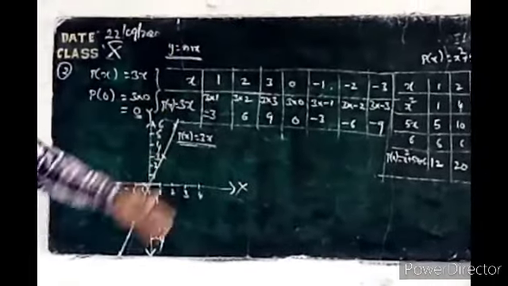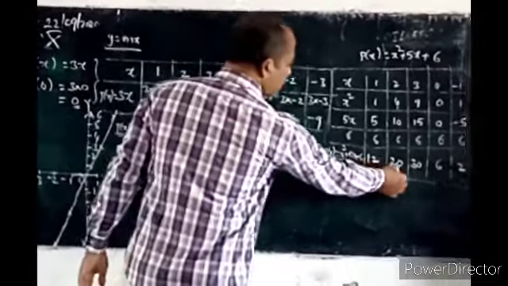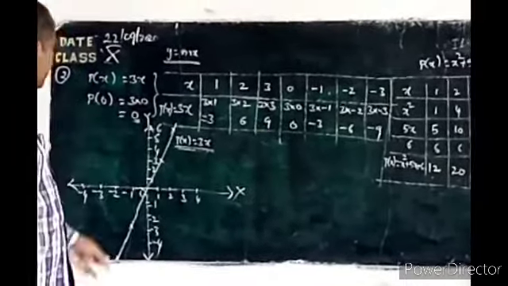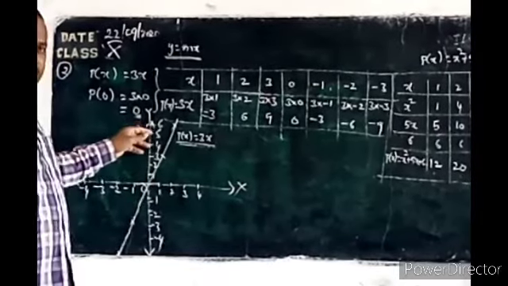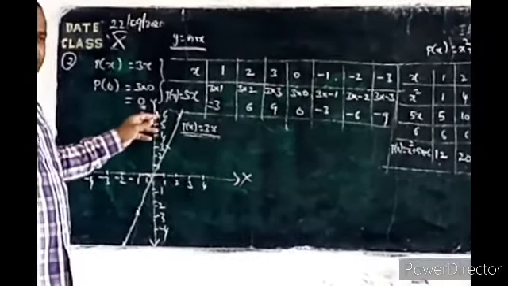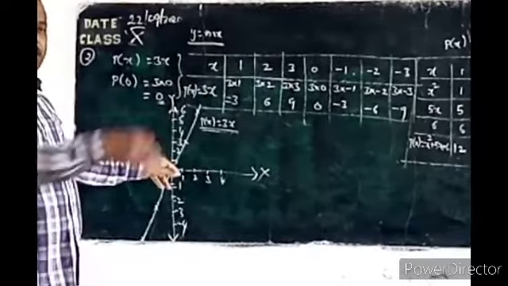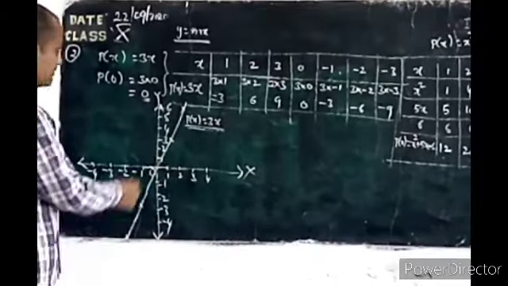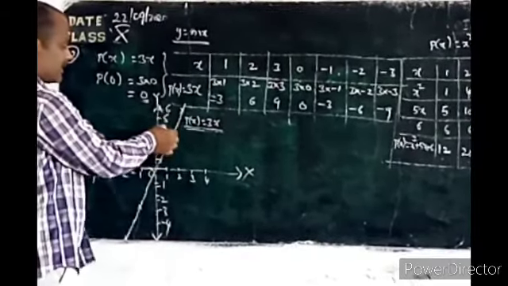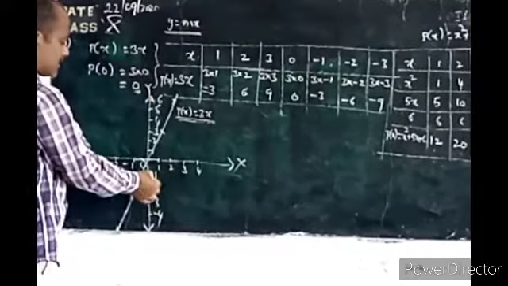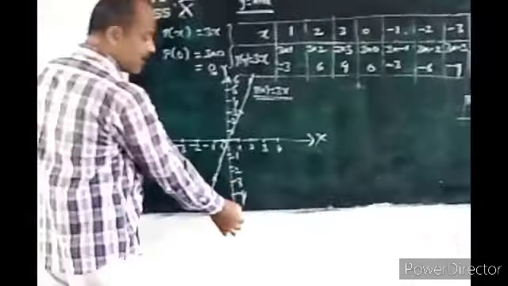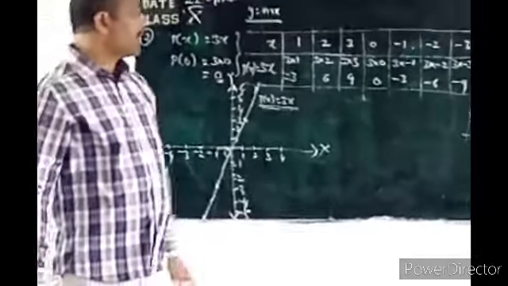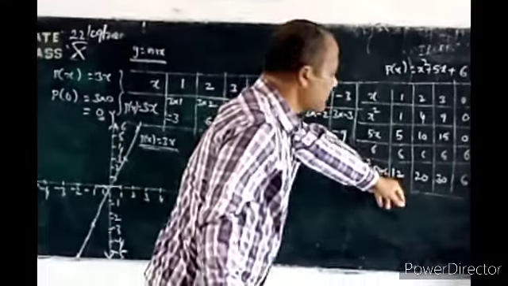Now in this graph we have 12, 20, 30. Larger values only, yes or no? So here I didn't have that much place in my graph paper. So each unit is taken as 5. Then it becomes 5, 10, 15, 20, 25, 30. Here minus 5, minus 10, minus 15, minus 20, minus 25, like that. Yes or no? When x is equal to 1, what is the value here?